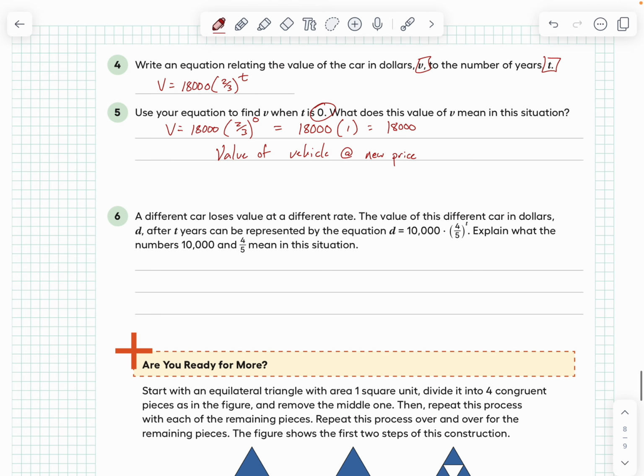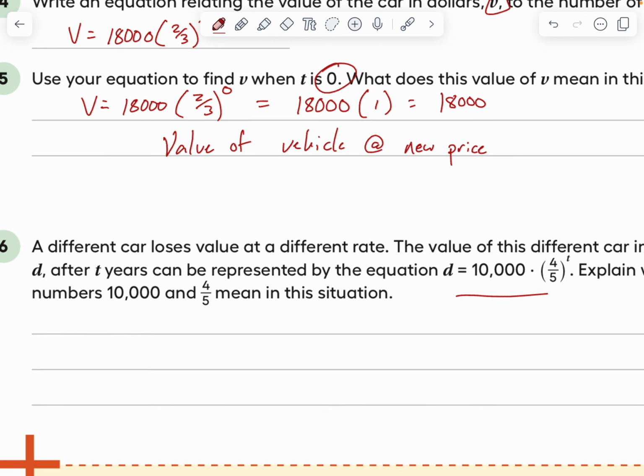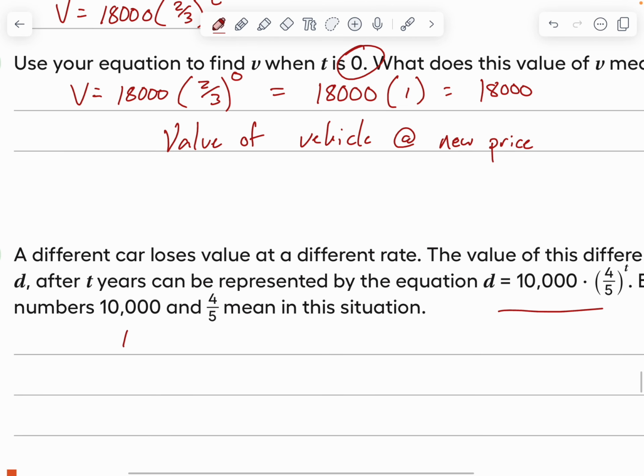Okay. A different car loses value at a different rate. The value of the different cars in dollars D after T years can be represented by this equation. Explain what the numbers 10,000 and 4/5 mean. So 10,000 we know is the starting price of the car. And then 4/5 means